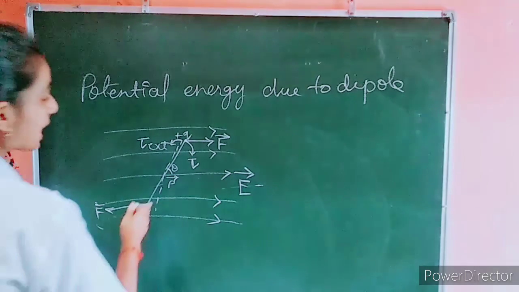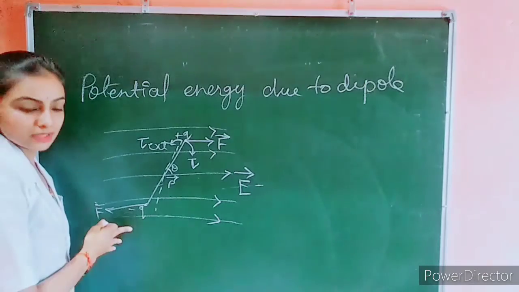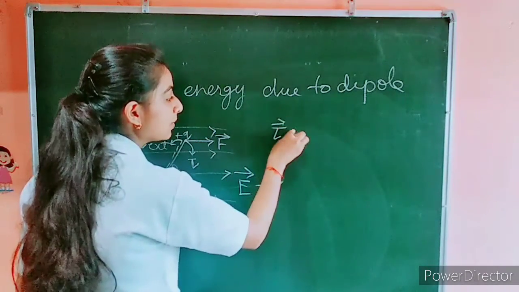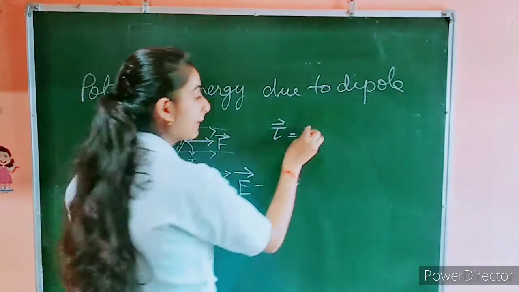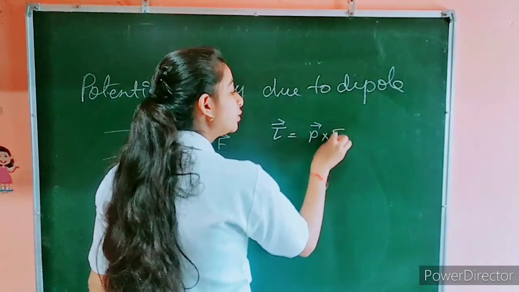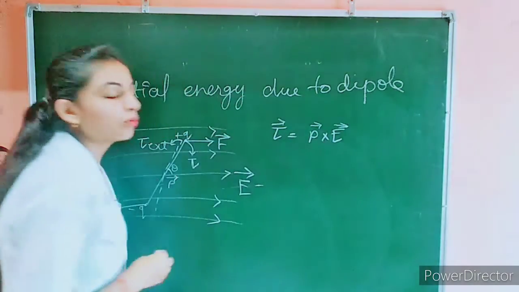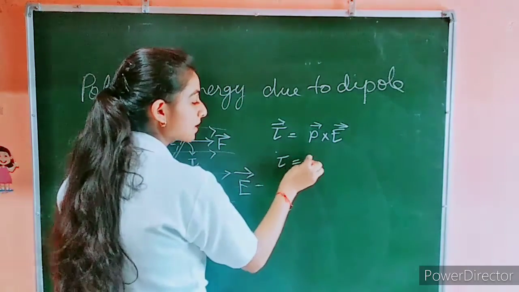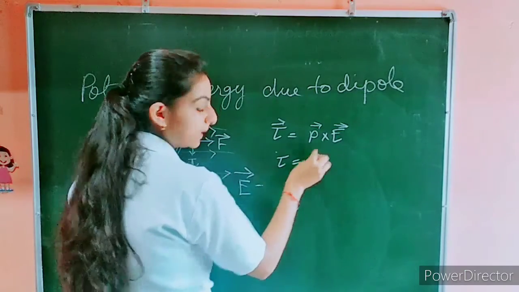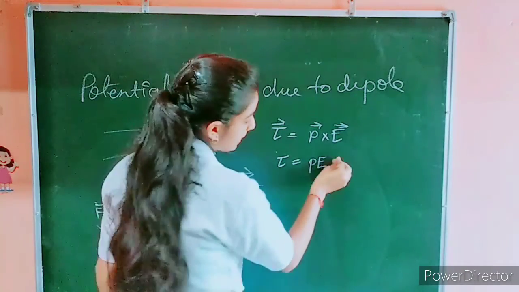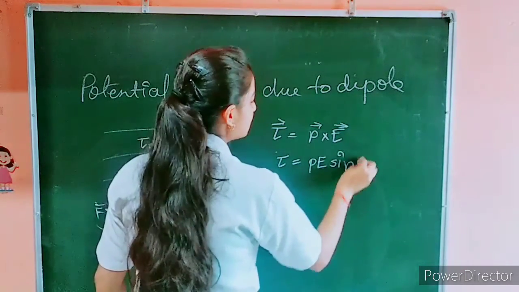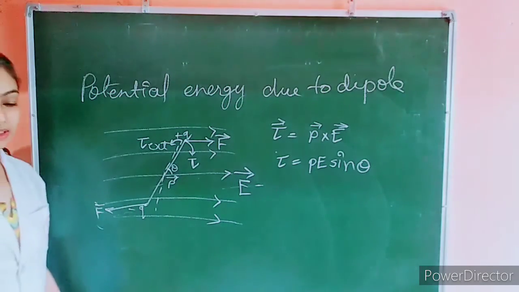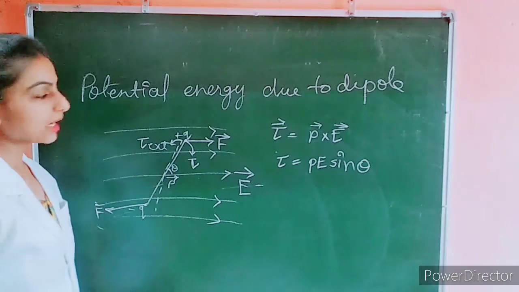Now due to this dipole moment, torque will be generated, and we know that torque is equal to P cross E. Now opening this cross product, we get tau is equal to PE sin theta. Now the work done